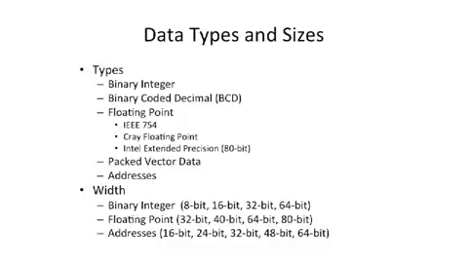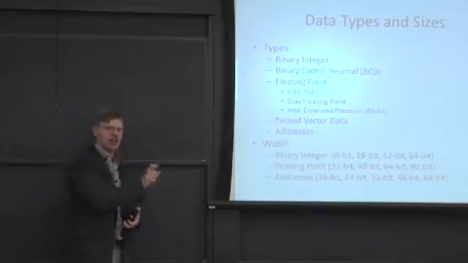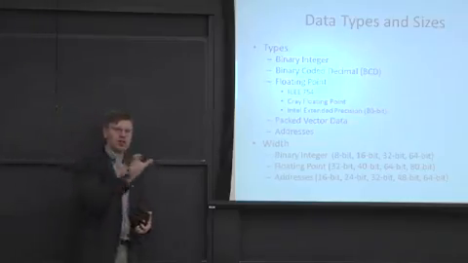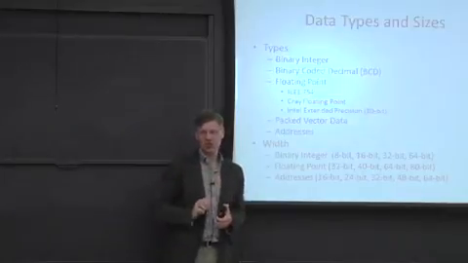So for instance, as you probably learned about in your computer organization class, there's 1's complement versus 2's complement arithmetic. And that's different data types there. So you have binary integer data, and saying whether it's 1's complement versus 2's complement is pretty important. You can have binary coded decimal. So this is where each decimal digit is encoded with 4 bits,